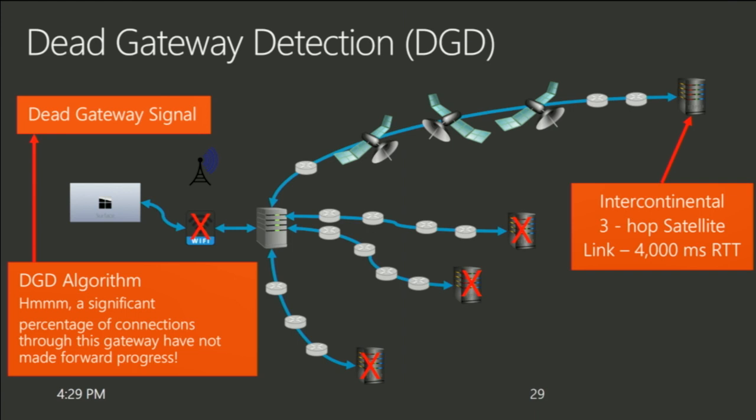Now, you might have been asking, hey, how come you didn't wait till all of them stopped? The reason for that is some connections have very large RTTs. Now, you might look at this one and say, 4,000, no, that's impossible. Well, if you go through enough satellites and go to outer space and back enough times, it can take that long. In fact, when I used to work for Aerospace Corporation, we did exactly that, and that's where I got the example from. So on a connection like that, it could take me a very long time to determine that this thing is not making forward progress. That's why we don't wait for 100% of the connections. We just use a significant percentage.